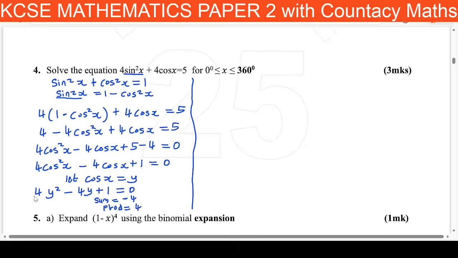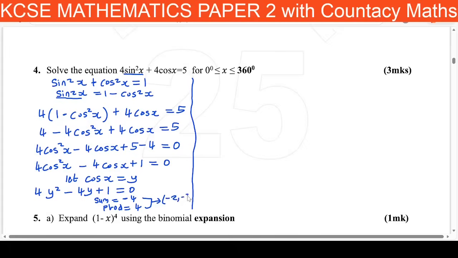We usually take the coefficient of the variable that is squared, which is 4, and multiply it by the number that is here, which is 1, to get 4. Now that will be the product of our numbers, and the sum we usually take as the middle number that is right here. So we look for two numbers such that the sum is -4 and the product is 4. What are those two numbers? You can take a second to think about that. But I hope that you'll definitely get